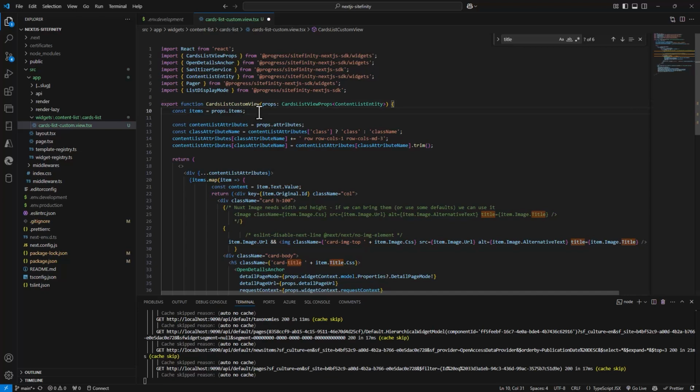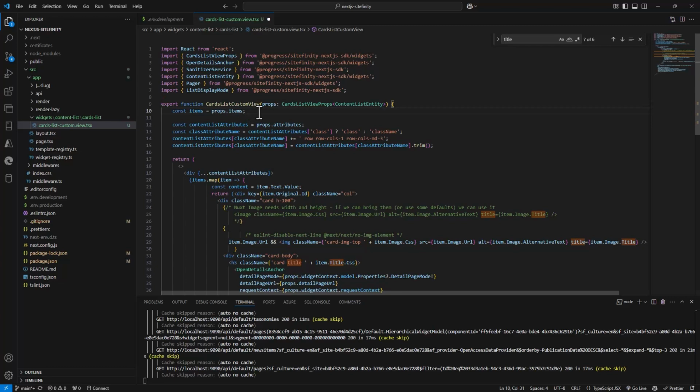And we have a custom content list cards view with the default markup, which we can further update and customize, add our own CSS classes, update the HTML structure, add new elements to it. We're going to customize it in one of our upcoming videos where we'll use the React components of Microsoft Fluent UI design framework. For the moment, we're going to keep the default markup.